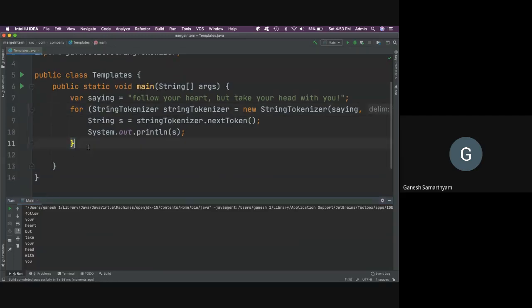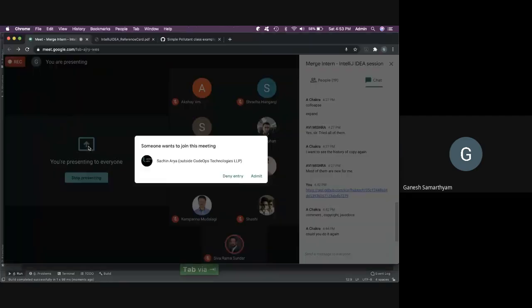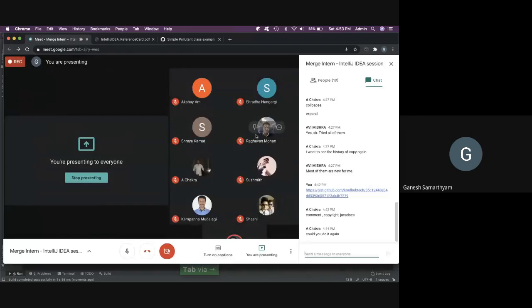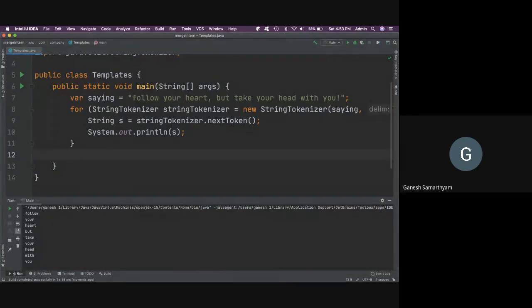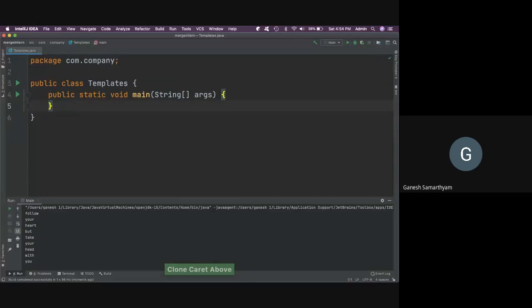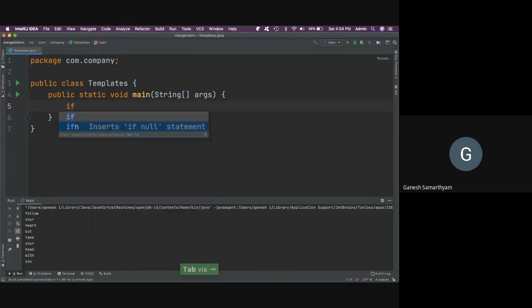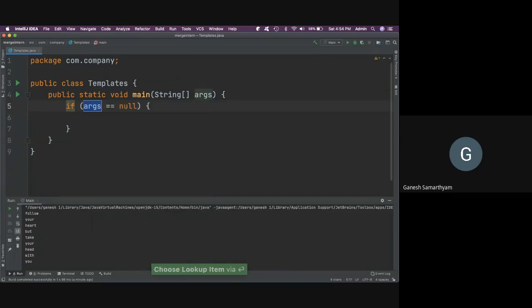Like this, there are a lot of very interesting templates. And one of the interesting features of templates is that you can create your own templates. It's very easy to create some templates. So let us take another example. Let me select this whole code and delete it and talk about some very simple templates that you can try out. So for example, I can say if n and check if the value is null. I mean, of course, the argument cannot be null, but this gives an example of how we check for that. How do I check if something is not null?